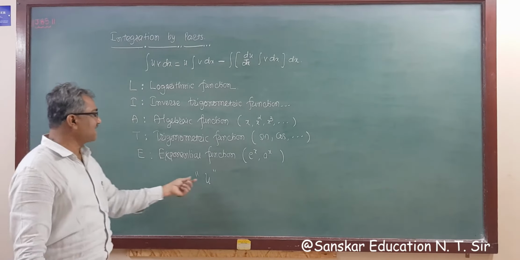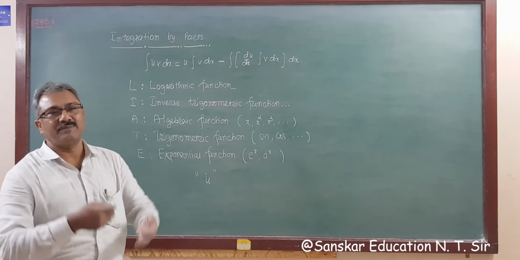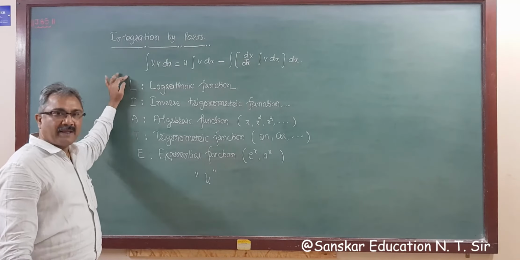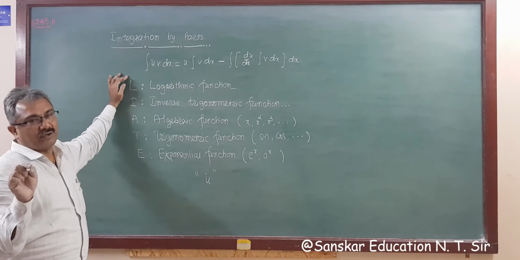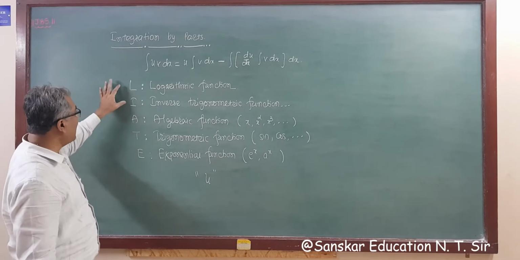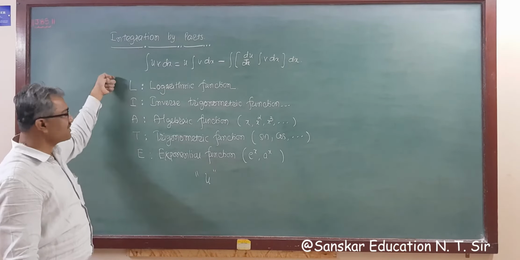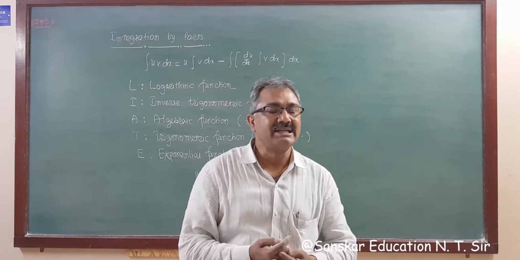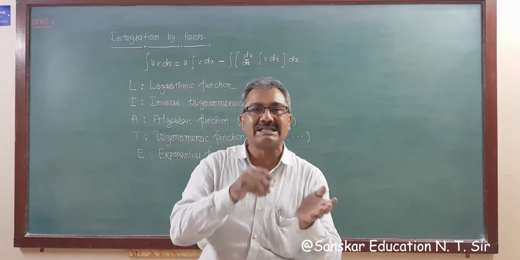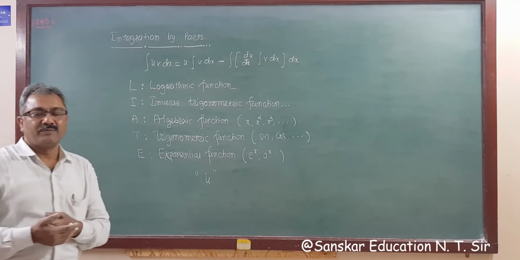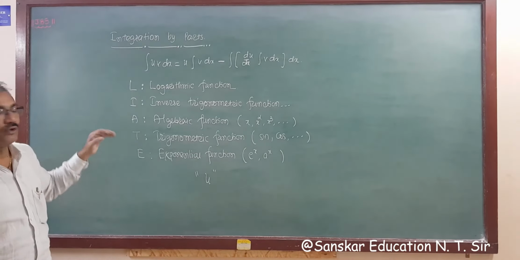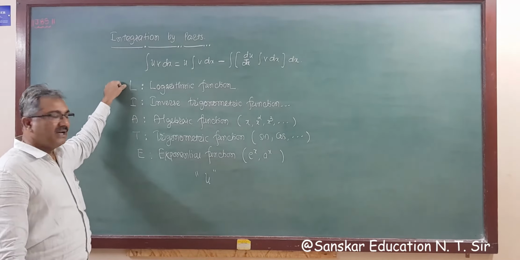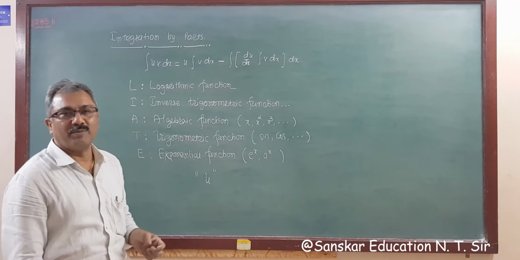So this order is for selection of only u, and the remaining function multiplied is your v, right? In some reference books they use the rule ILATE, with I first and then L. But if you take I first and then the logarithmic function, in some questions where both are there, you may face some problem. So I do not advise you to go for ILATE. If you follow LIATE, you will not face any problem solving the questions.